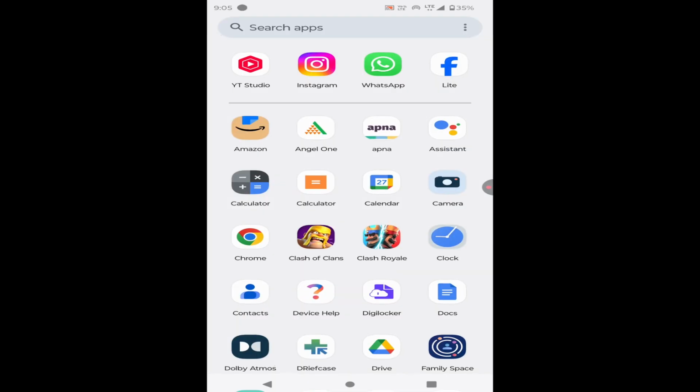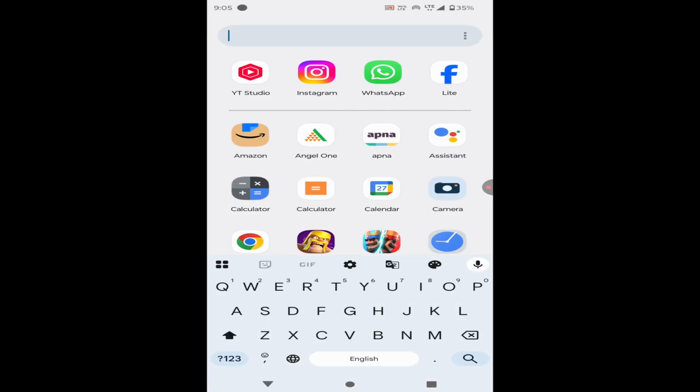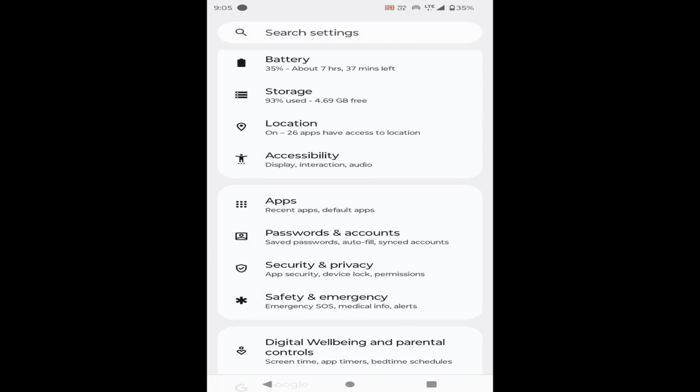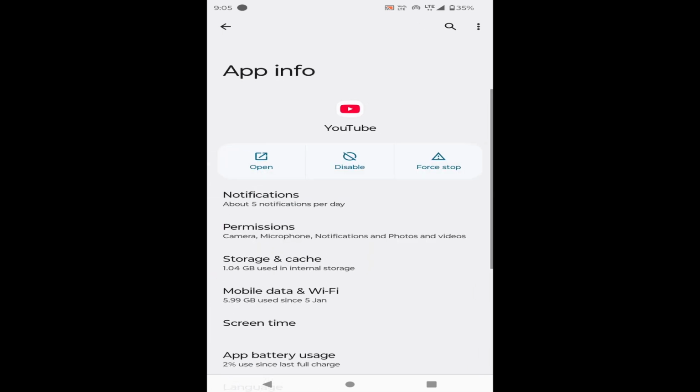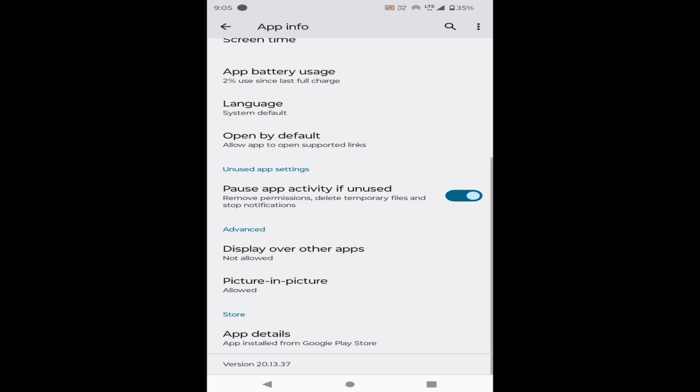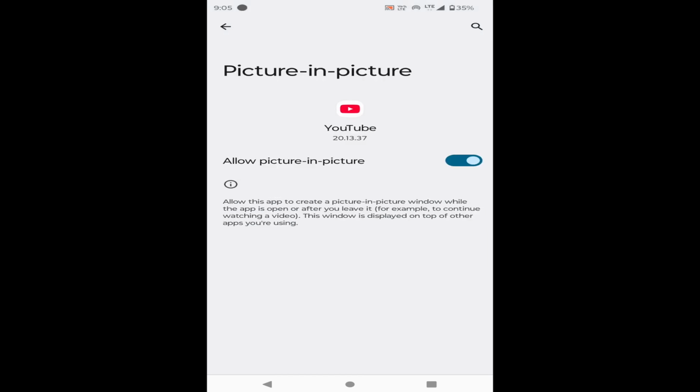First, go to your mobile setting or your device and click on the app and go to the YouTube and scroll down and check in advanced mode. Picture in picture option is allow or not. If it is not allowed, then allow it and check the problem. If it persists, then